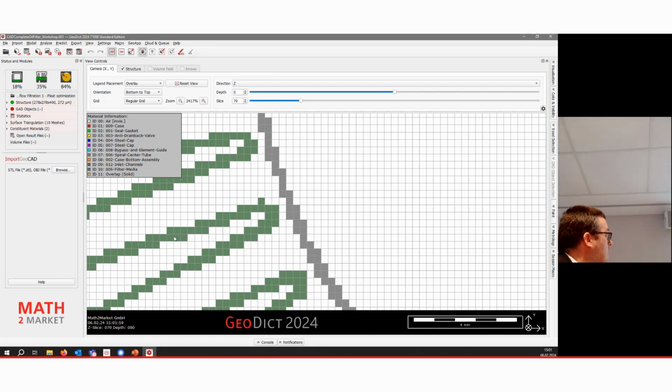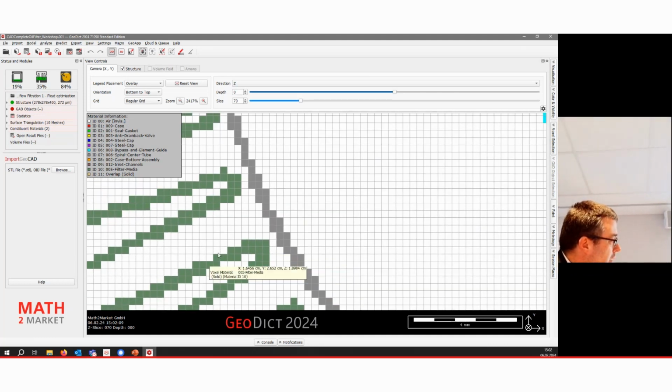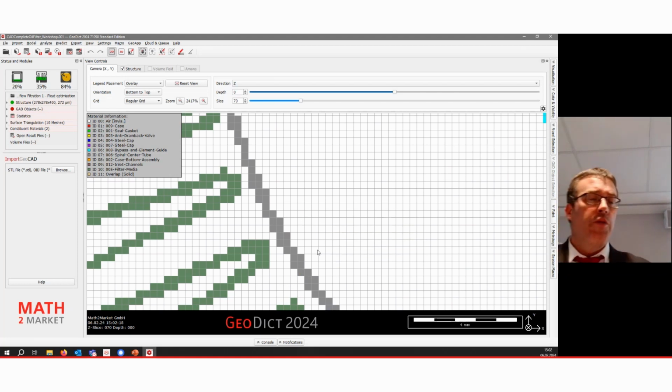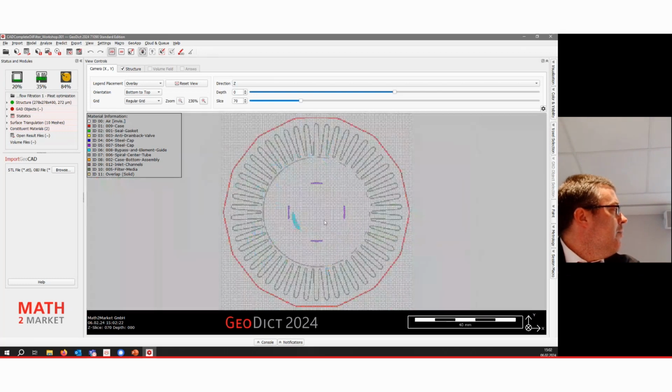With 272 micrometers, you just have one voxel thickness in here, and also on the tips, to have a flow velocity through that part there are just a bit too few voxels. So for a real simulation you'd do a higher grid sampling, but for this one here, that's fine.